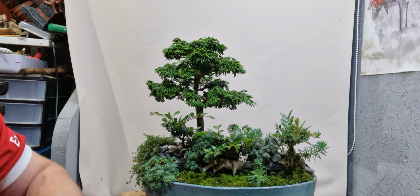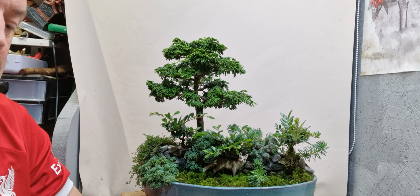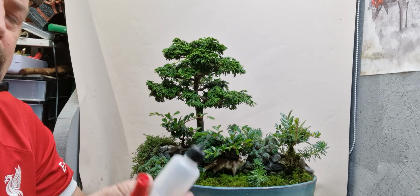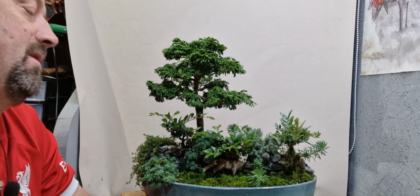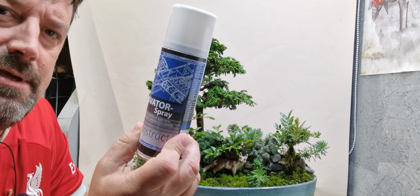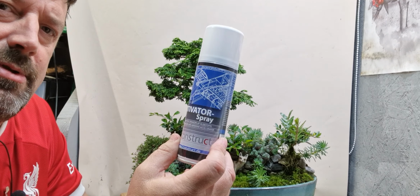Now I did that wall by using super glue, sticking the stones together with super glue and baking soda. I put a bit of baking soda in this, and when I put the super glue on, I gave it a blast of the baking soda and it dried it out instantly, so it made it a bit easier to make the wall. But I've just got this online. It's an activator to help the super glue